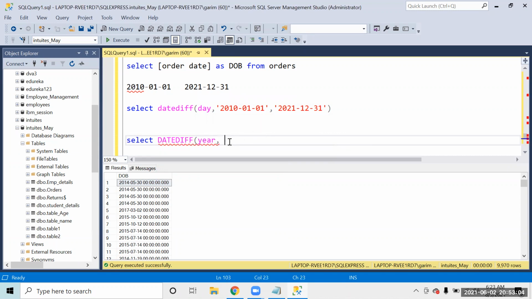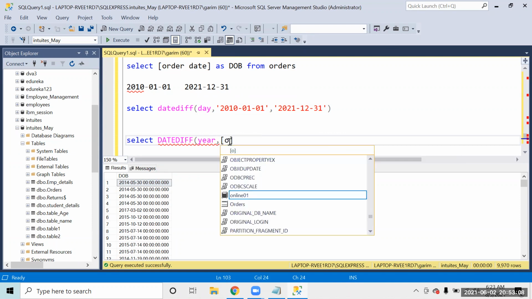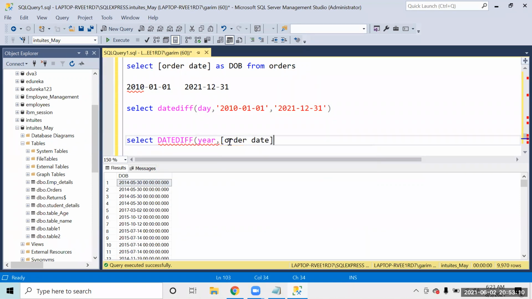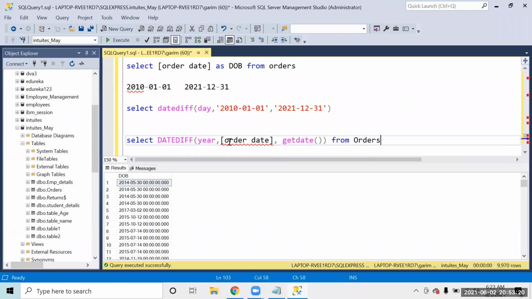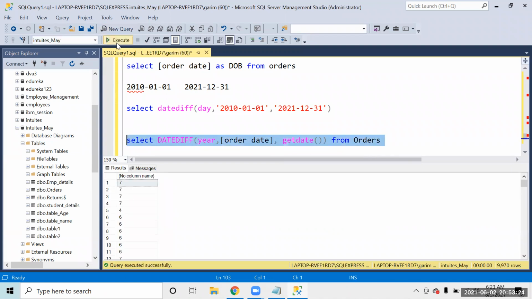The starting date will be the order date, comma, my ending date will be GETDATE(), from orders. If we run this now, this is going to give me the difference in terms of years.